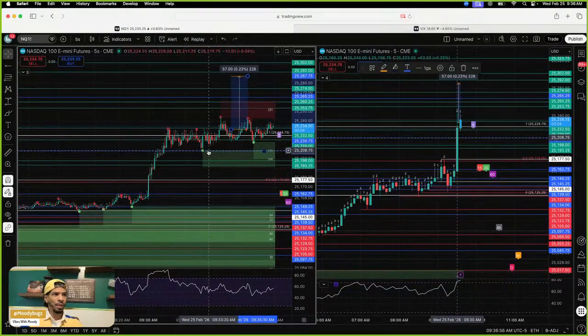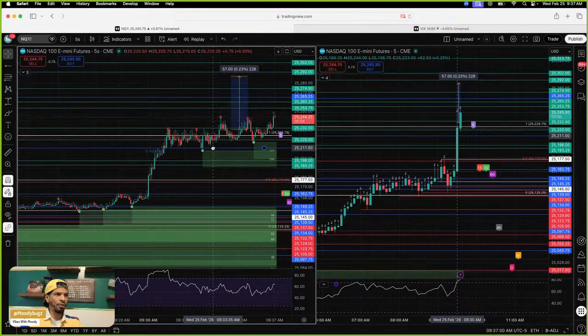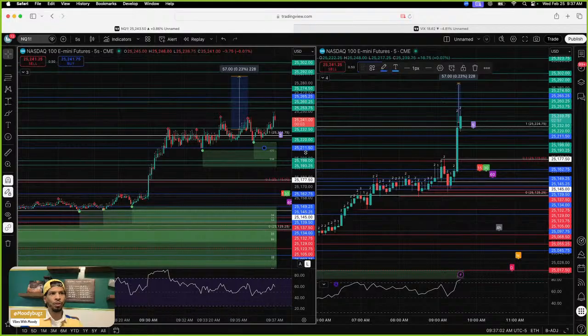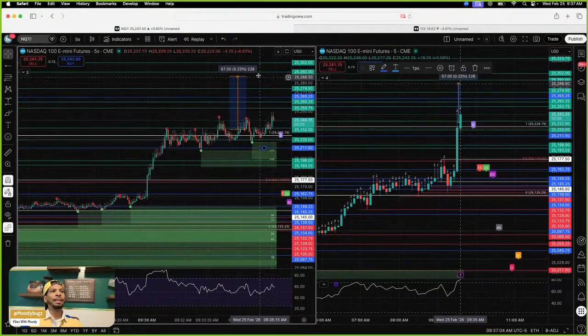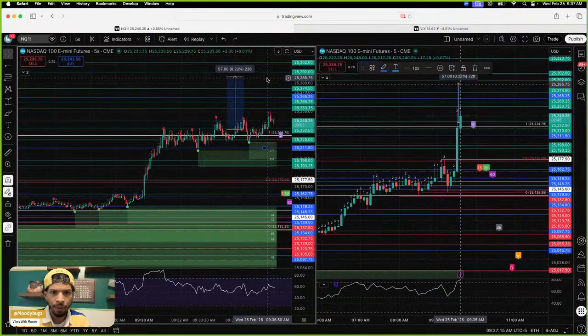If this blue line that I put right here continues to hold $25,221.50, they will take the price all the way back up there, right? Because all they're trying to do is take it to my blue line. And if they can hold over that, they'll take it over there, right? This is just what I do. So I'm telling you, this is what's going to happen, right?